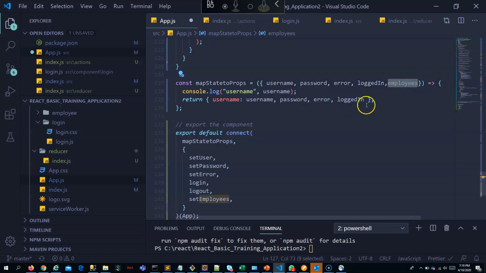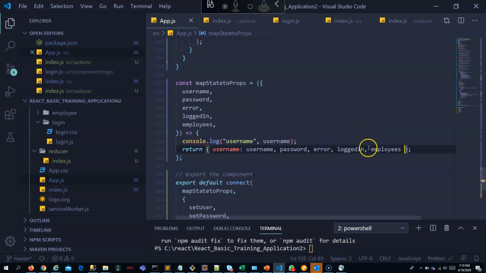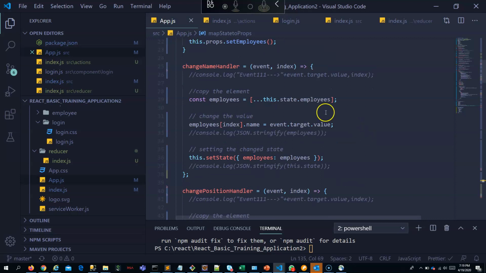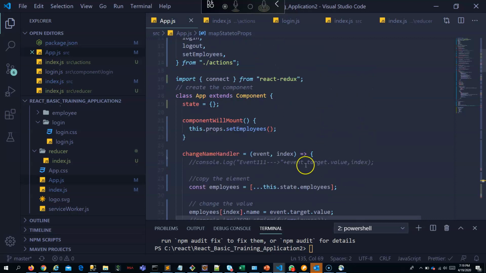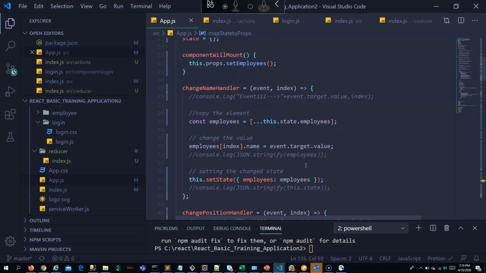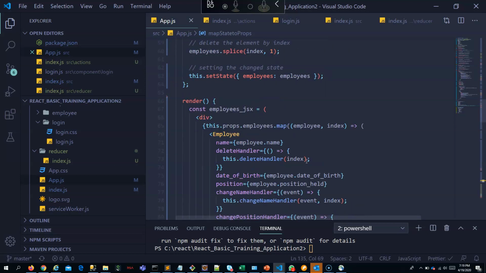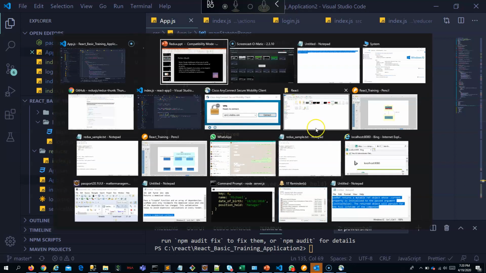Here also you add, here also you add. Now, I'm not interested in all this. This is for altering the name and the employees. Now let's see whether it is working fine for us.